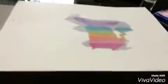Now you should get something like this. Since it's the first try, you may get some water spots on it, like that. But it's a really good, nice try, and by the time it dries, the sun will become more colorful, and the sun will turn back to paper. And it'll be super pretty. But just for the fun of it,